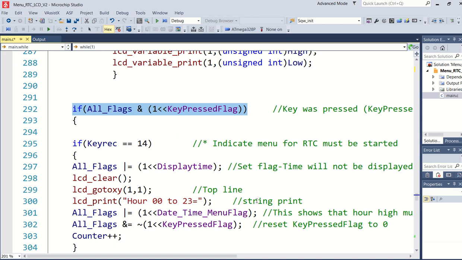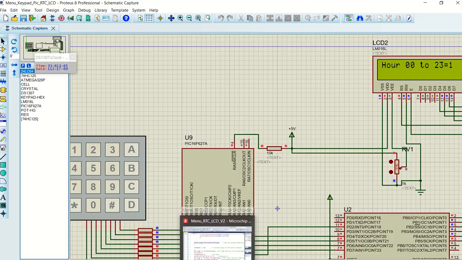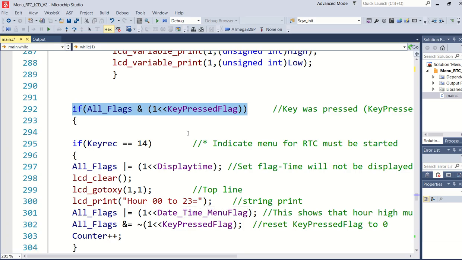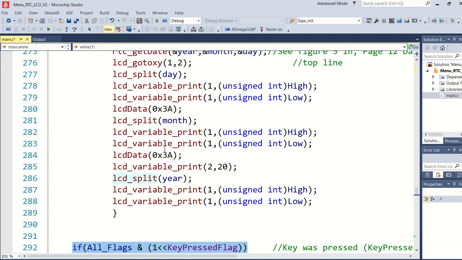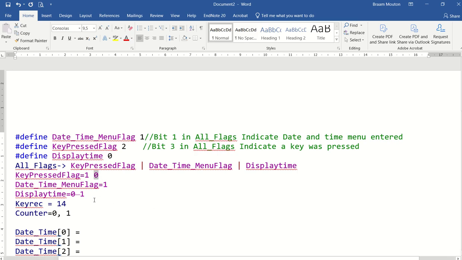So if I press the next button, let's look at what's going to happen here. If I press the next button, let's say the time in my case now is 13, so let's just press the 1. And we'll see it places the 1 here. So in my program, what happened? When I press the button, it would have jumped into the interrupt service routine, which is here. As you can see, I have pressed the 1, so key rec has got a value of 1 in it. So let me just go to the Word document, and in key rec, I'm now going to place a 1.